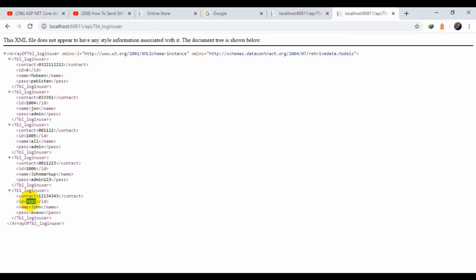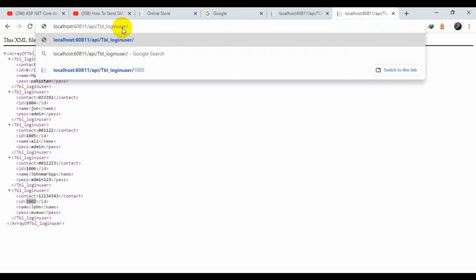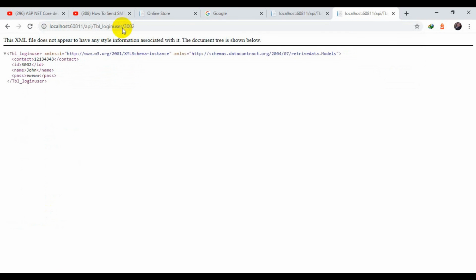If I select that particular ID after the slash and paste it here, look out, it retrieves that particular data in XML format. So this is how you can get details and retrieve all the data in XML format from the database through Web API. So that's all for today. Thank you very much.